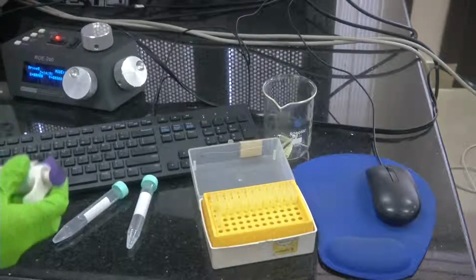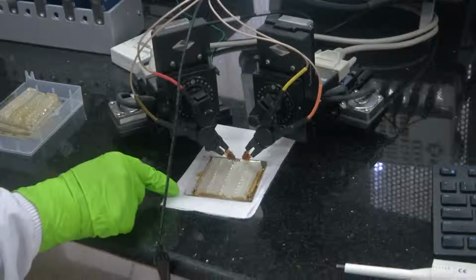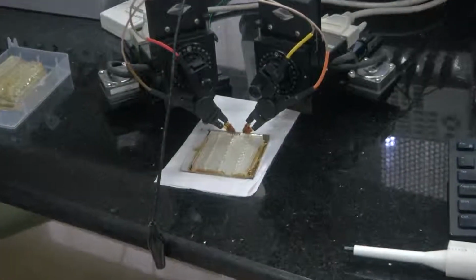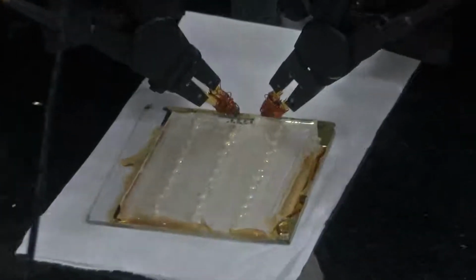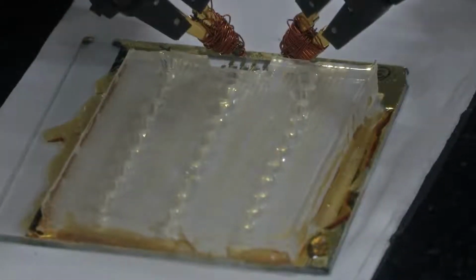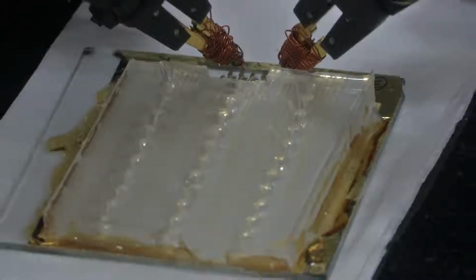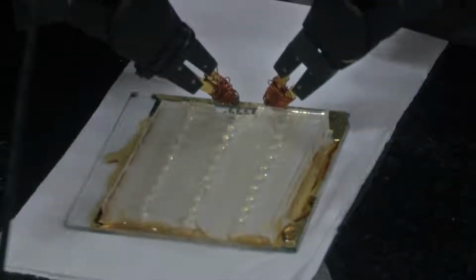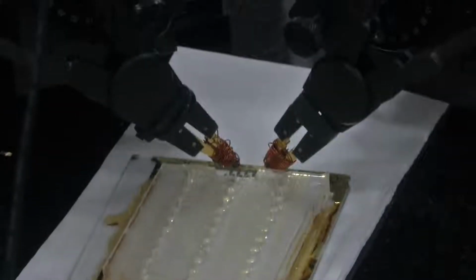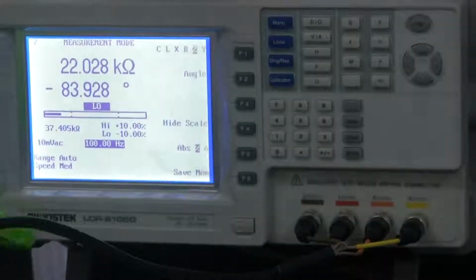So once that is discarded, this is how the impedance biosensor is connected to the two arms of the micro manipulator, and the different electrode terminals can be pointed using these manipulators, and this goes to the LCR meter where you can sense the voltage and measure the current with the other two leads.